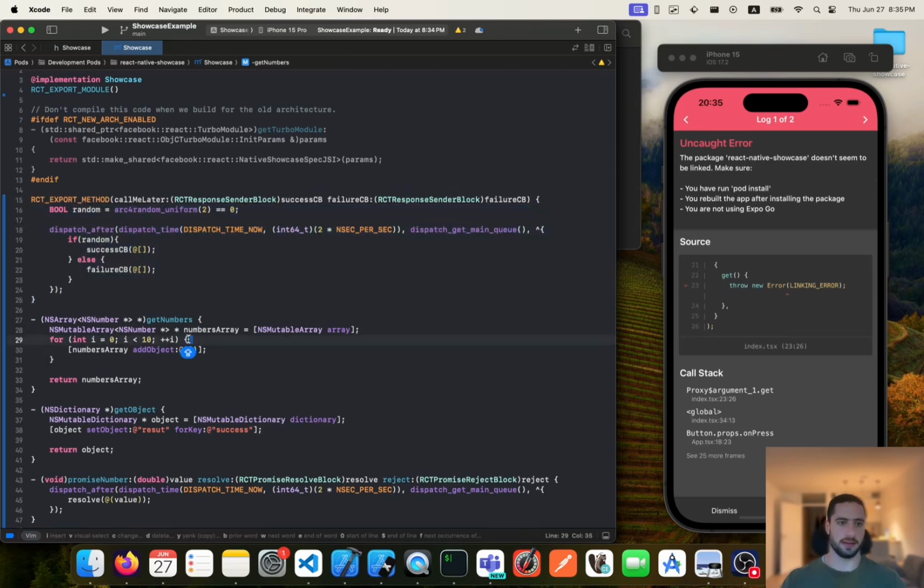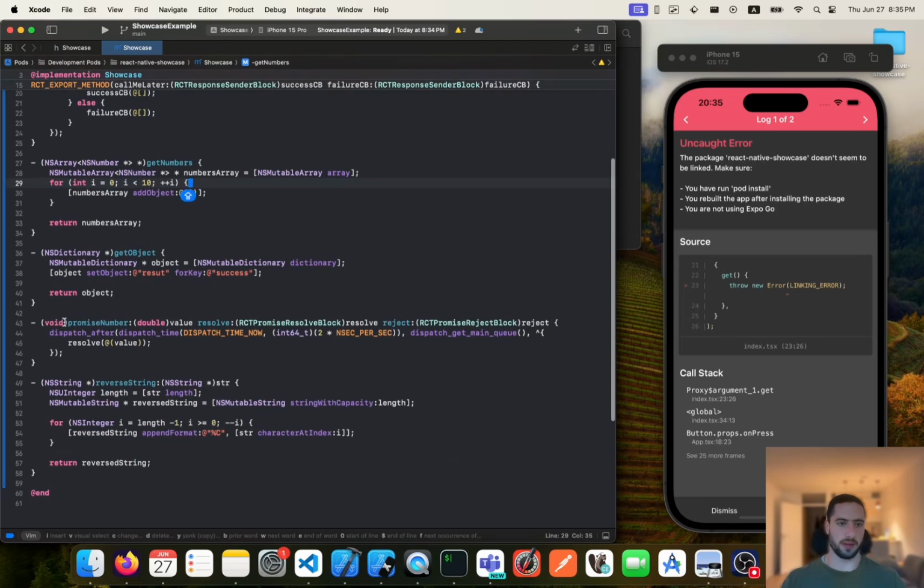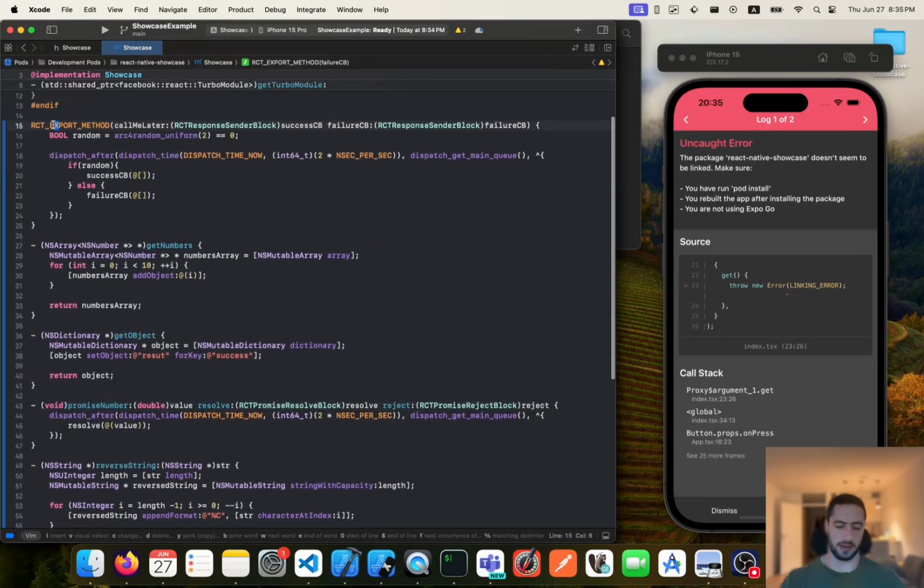And we would do the same thing for the promise number. So let's go ahead and copy this up. Let's copy it, go here and paste that. And at the end, let's add in here. And then what we need to do is, now we need to use the RCT export method for both the